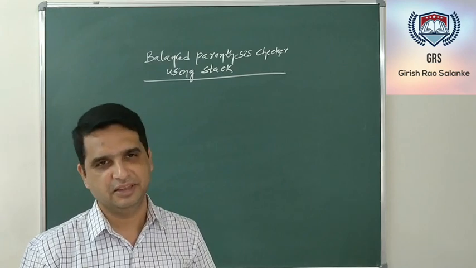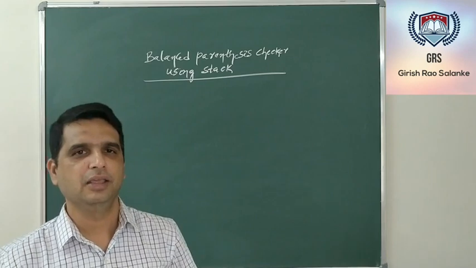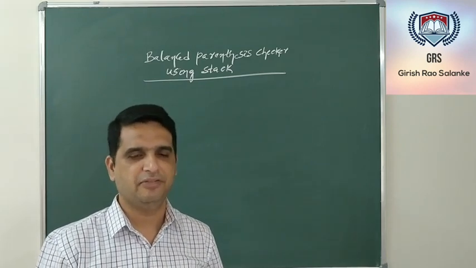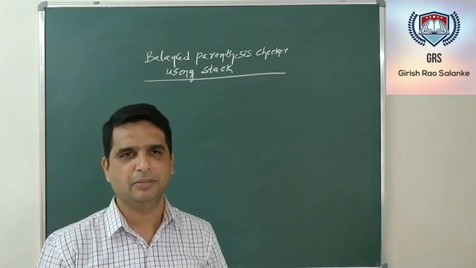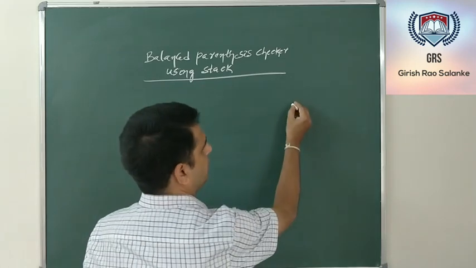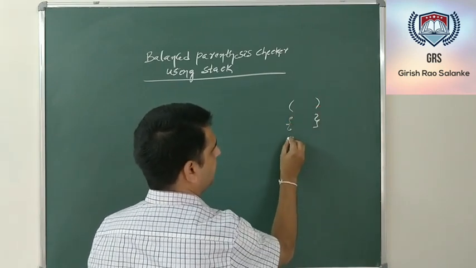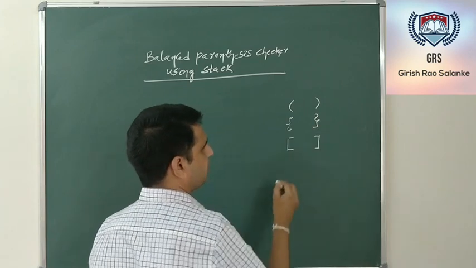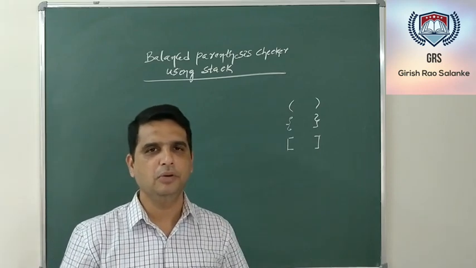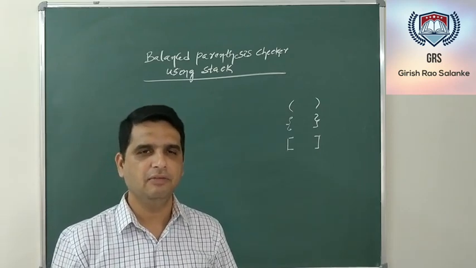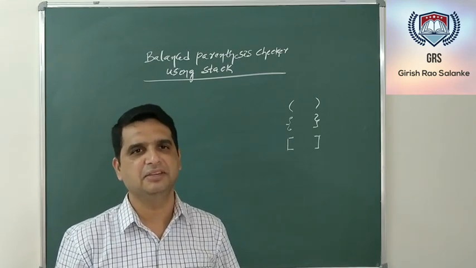Balanced parenthesis in the sense, as we know that an expression constitutes parentheses, which can have a left or a right parenthesis, and while writing an expression we can write part of the expression within parentheses using these two symbols, or we can use the flower bracket, or even I can write some part of the expression within this angle bracket. Now in this particular video what we are going to do is check whether the given expression has balanced parentheses or not.